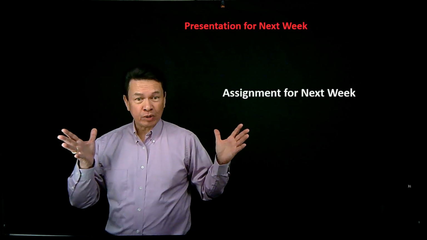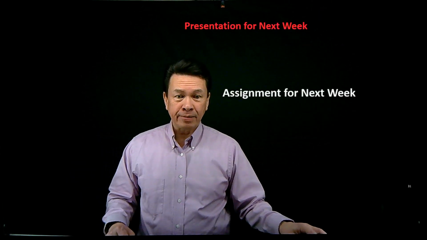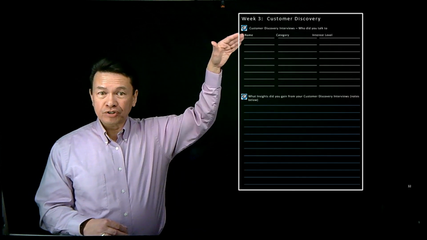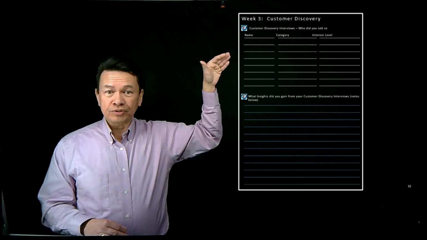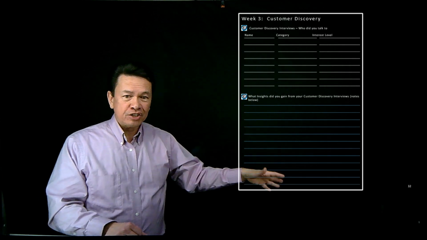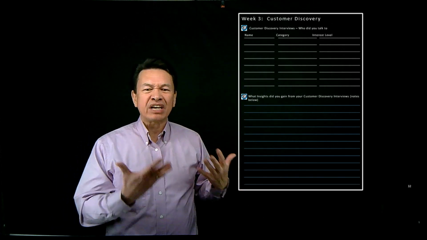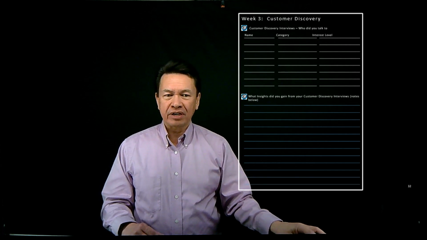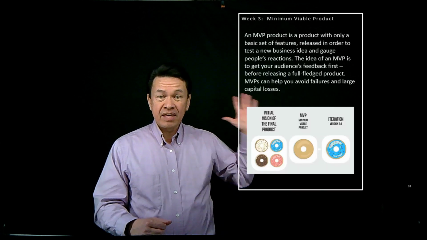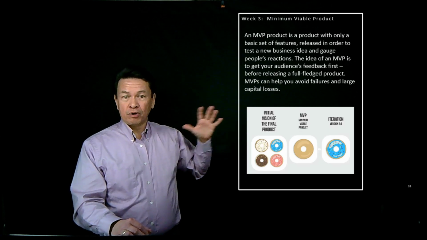So for next week, this is what you need to pull together, okay? I want you to continue your customer discovery. Go out there and talk to potential customers, potential suppliers, vendors, but really focus on that potential customer side and just write down notes on what you learned. What insights did you get from those different conversations, right? You'll see that you get all these different insights the more people you talk to. Then pull together your minimum viable product.